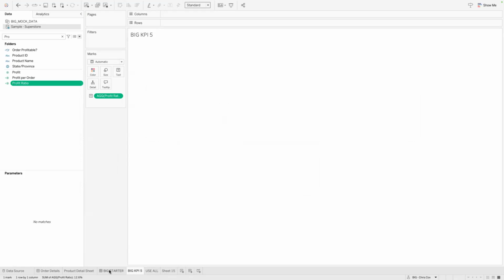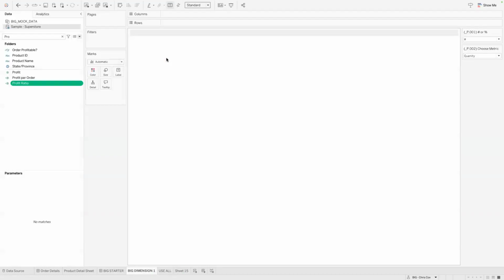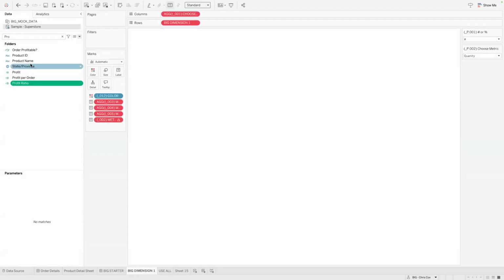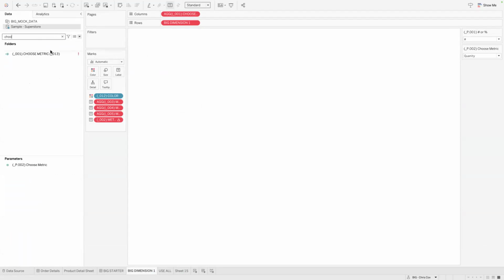The other thing that I do, I'm going to fix this one. So we also had dimensions in our data set. We had state and province. So I can take, let's fix our choose metric real quick. Choose metric.